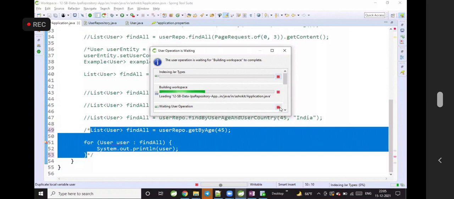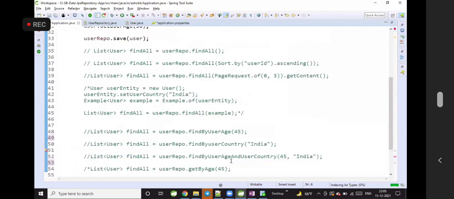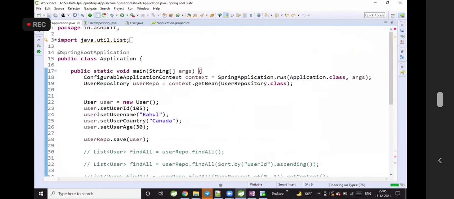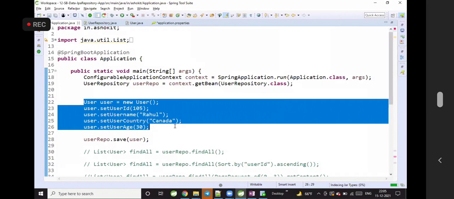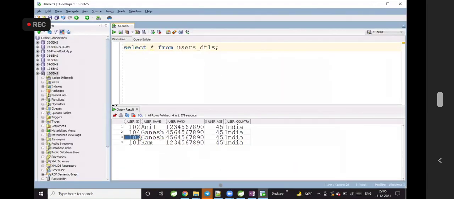In order to insert the record into the table, we are calling the save method. Guys, I'm trying to insert a record with user ID 105, but in the database there are already 101, 102, 103, 104. There are 4 records already available in the table.